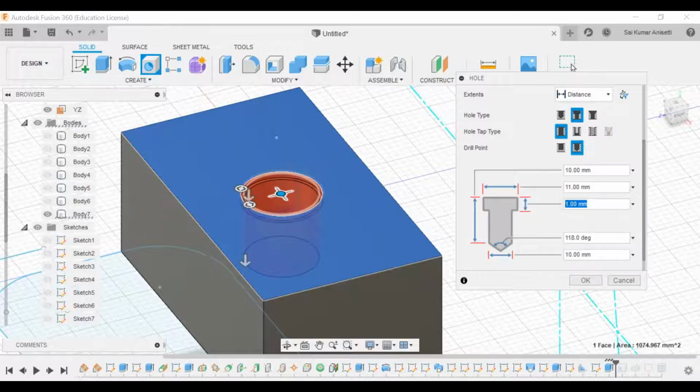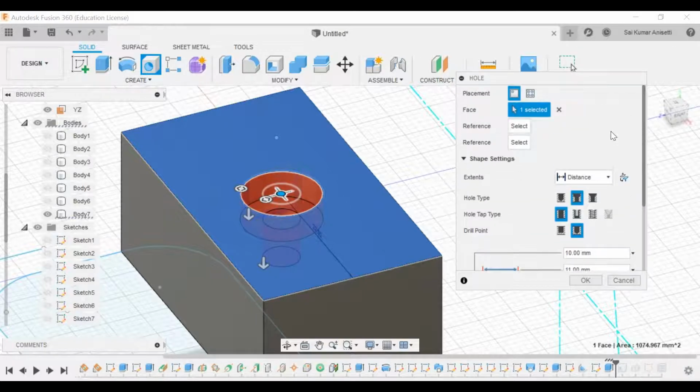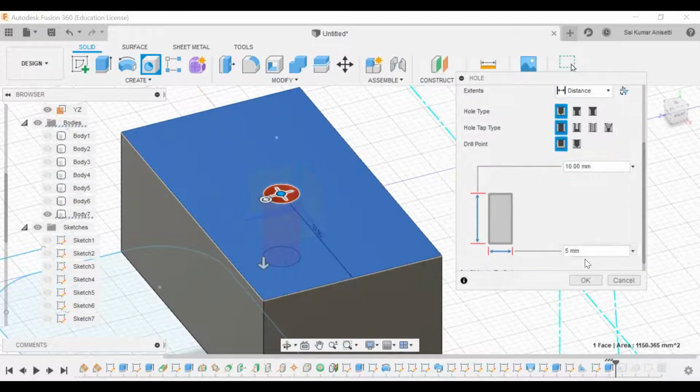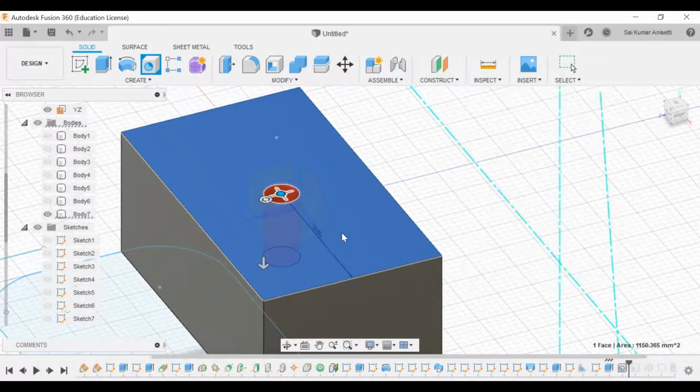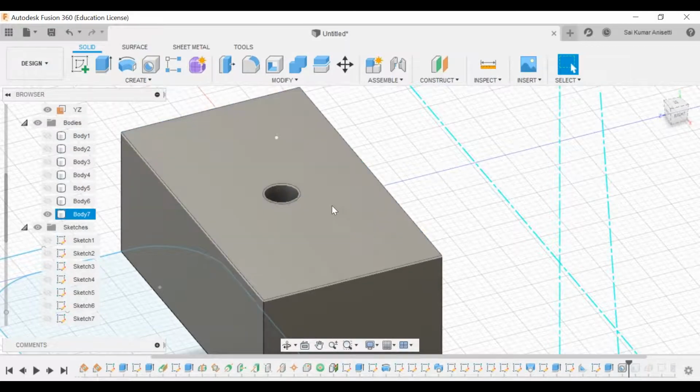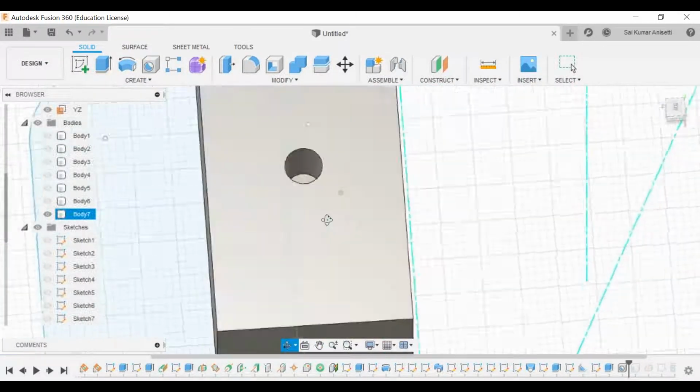Okay, so it is 1 mm, so I'll just extrude it to 4 mm, and the diameter of this one would be less than 5 mm. Click OK. So hole type, drill type, threaded or clearance, all these hole-based systems you have to have a good idea on. For now, I'll just go with a simple hole. So now it is a flat hole of depth 10 mm and diameter 5 mm. I made a simple hole, and you can explore all those options, right?